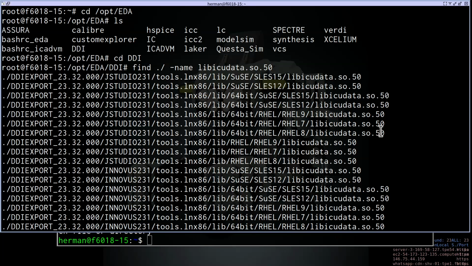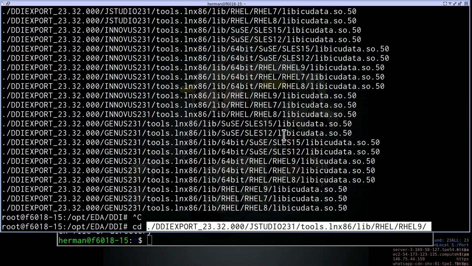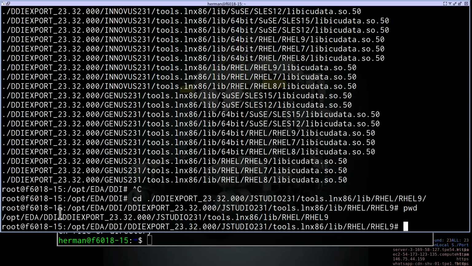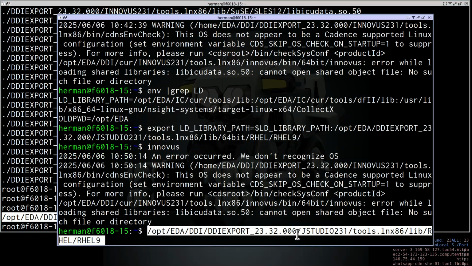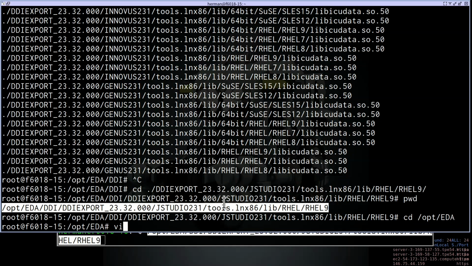We can configure. Let's go to this directory. cd this directory. Okay, the complete path is this. So we need to, okay, I will record this file. We need to go to opt eda and vi -rc eda.